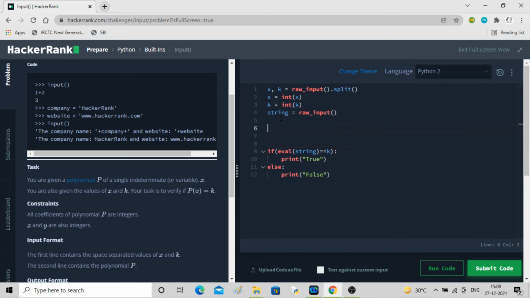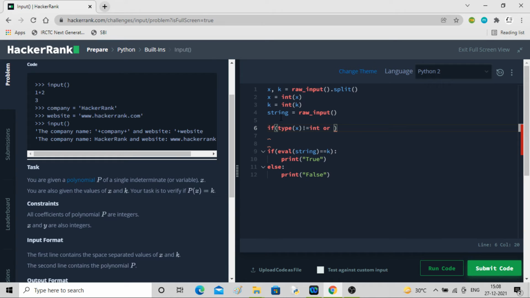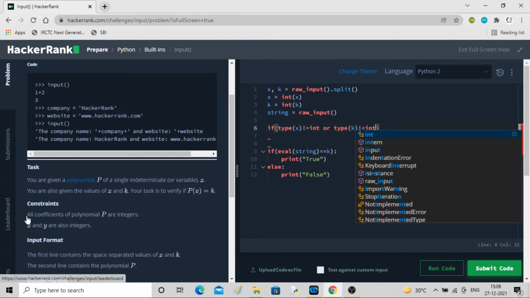Let me write the constraint as well. x and k have to be integers, so let me write: if type of x is not equal to int, or type of k is not equal to int. So I am writing this condition.